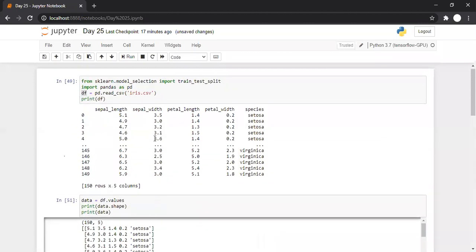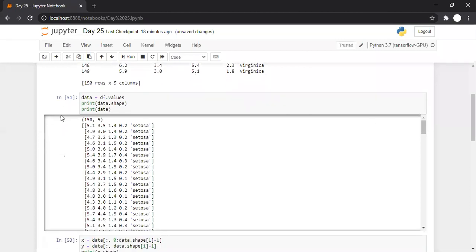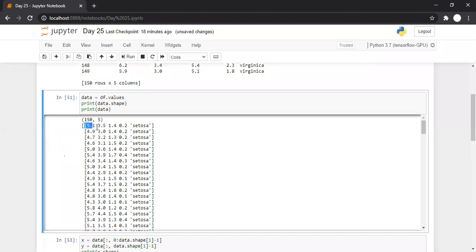See here, we have printed data over here. This is the data available in our iris file. You can see the first column has higher values, the second column has less high values, the third column smaller, and the fourth column has the minimum values. So if I apply some mathematical operation on this data,